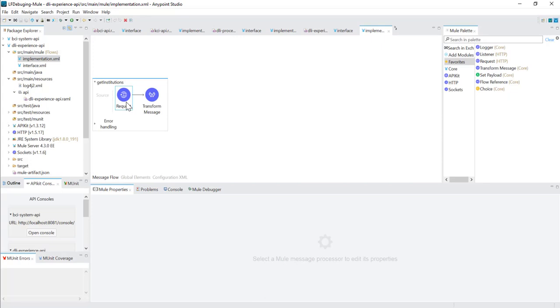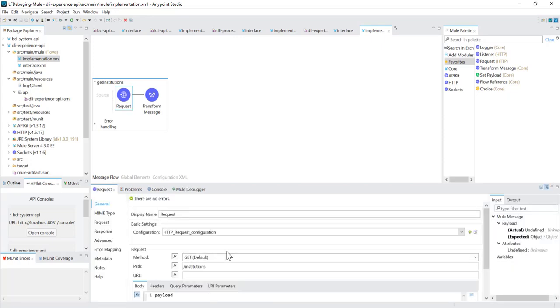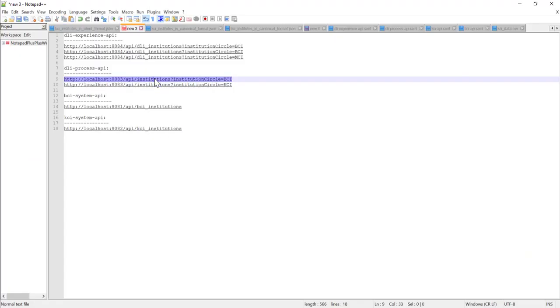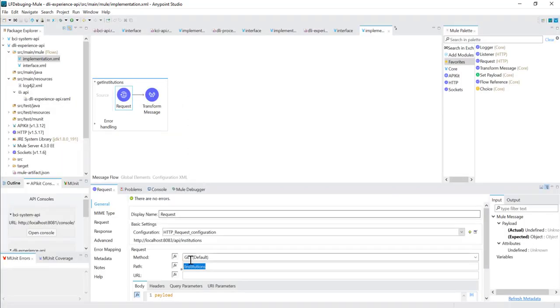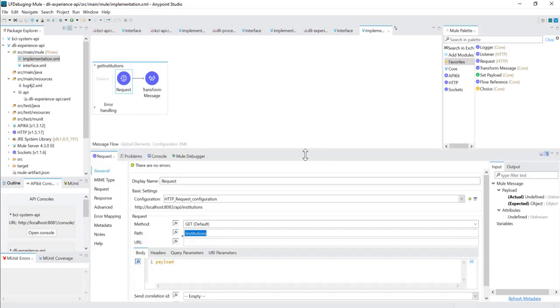And here, as you can see, we are internally calling the process API. If you follow this, we are internally calling the process API from this Experience API, right? As you can see, it is HTTP localhost 8083, then API, then institutions. Let us quickly verify the process API path. So this is the process API path, right? But what about the query parameter where we have mentioned it? We need to check it carefully, so let me show you where I have mentioned that.